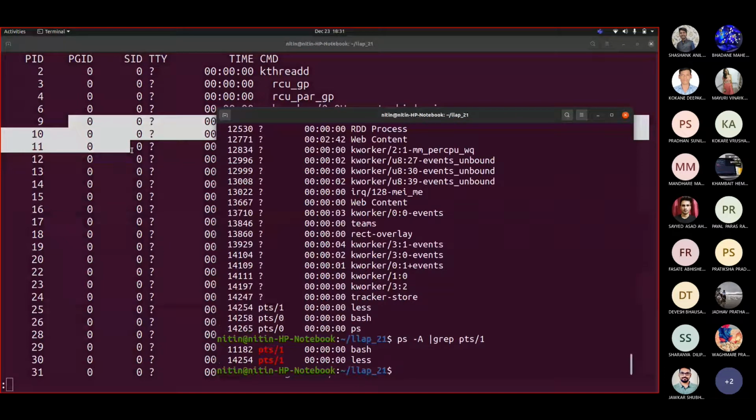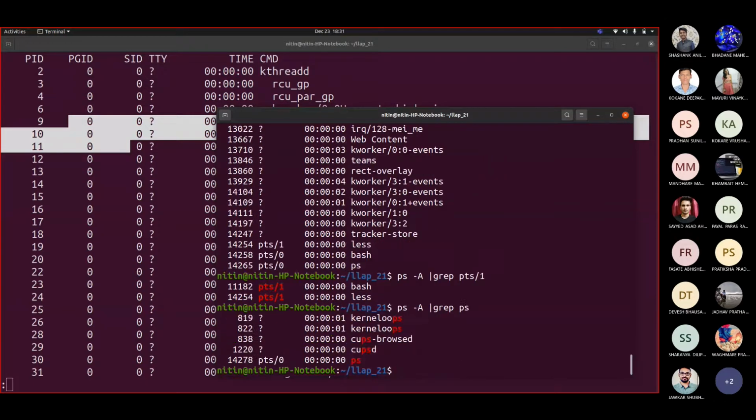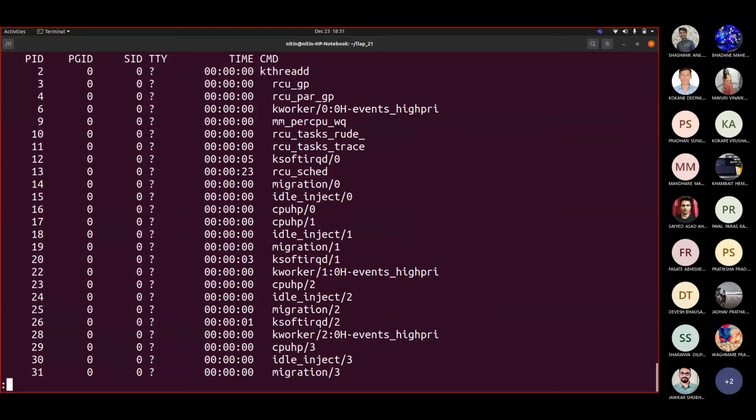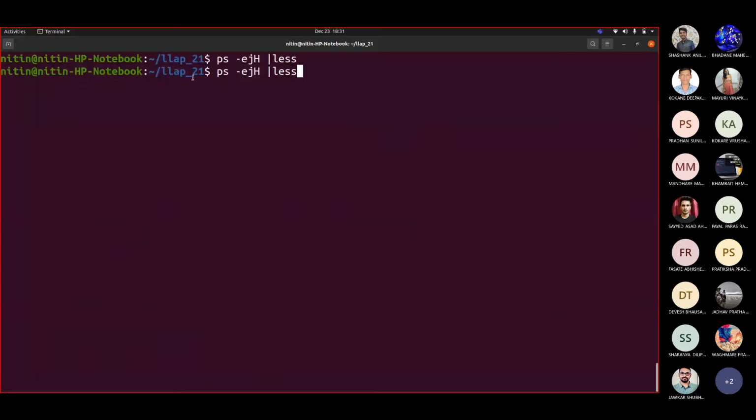This ps was removed ultimately from memory and that data was given to less, and less is displaying that data. Now if I grep for ps, I will see only one service running. But ultimately you will see one ps is running here, which is the process snapshot, and one ps I fired from here. But what happened was this output was generated, the output was given to less, and this ps program was removed from memory because its execution is done.